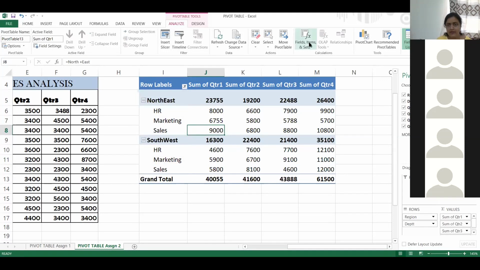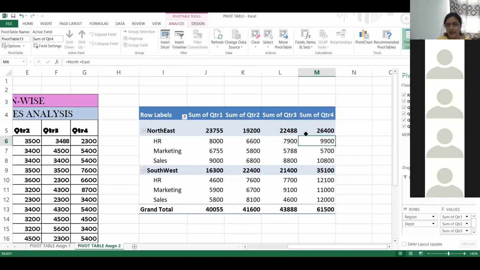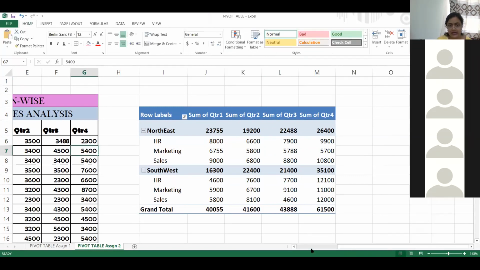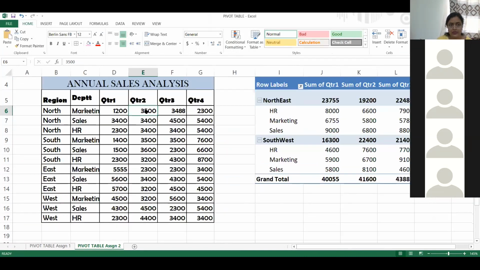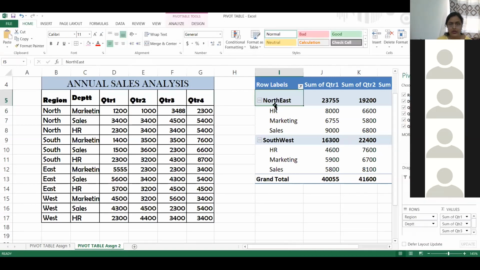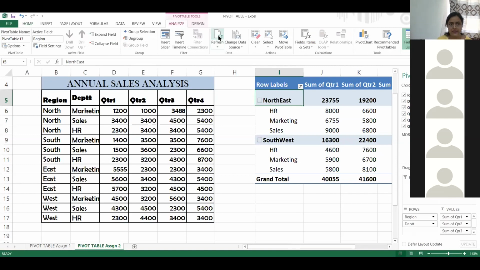So just now we have learned about calculated field and calculated items. We have done a small part of pivot table. Now, whenever there are any changes in the data, for example, in your table, Q2 sales of North region is changed to some value, you need to click on analyze, refresh.